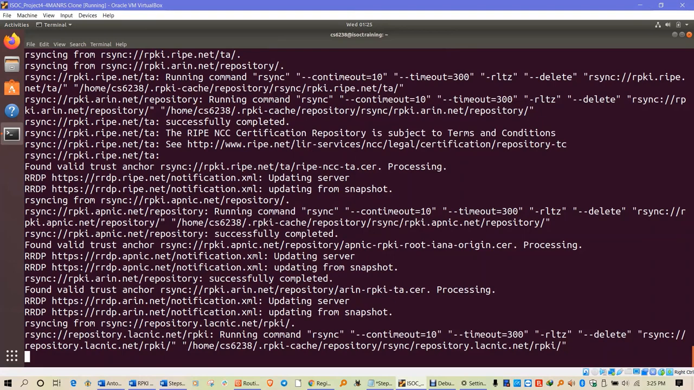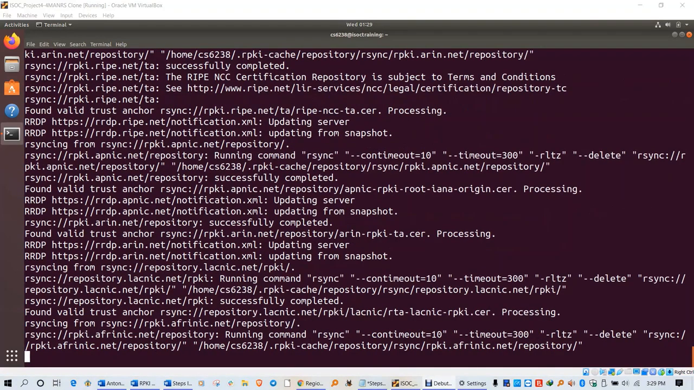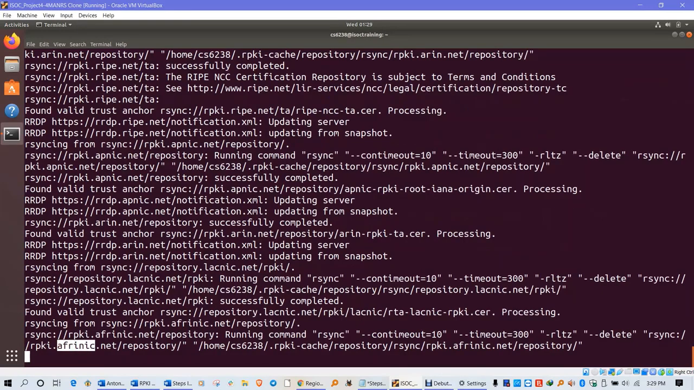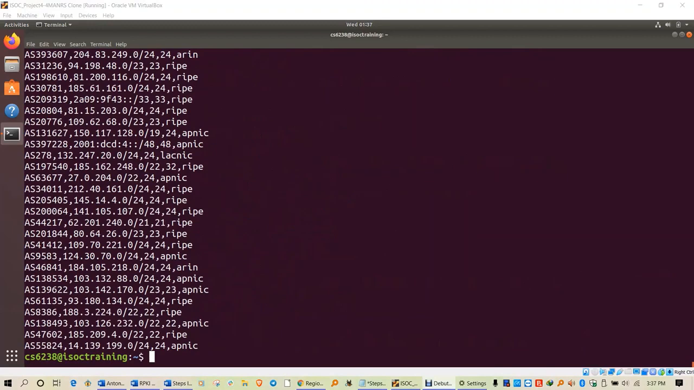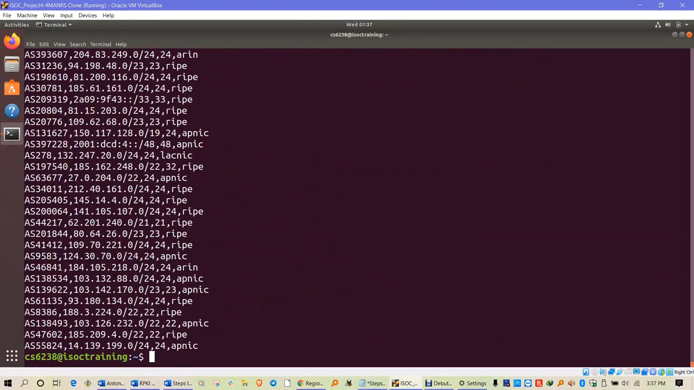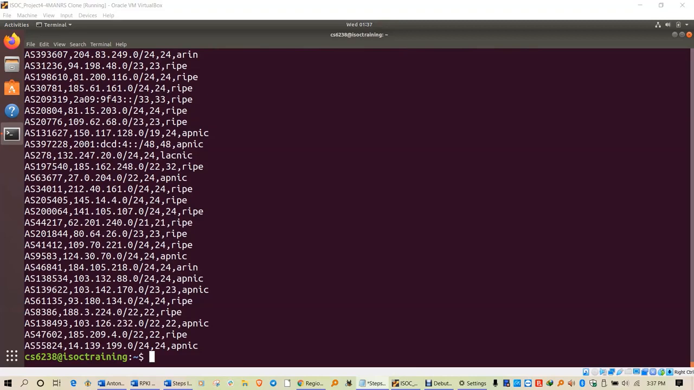I will just pause the video as we wait for the synchronization to complete. We are on the last one, that is the afrinic.net repository. We are getting the updates. As you can see, all the downloads are coming under the home, the default username home directory. Now you can see our command has completed successfully. We have all the ROAs from the global RPKI repository on our local validator as a validated cache